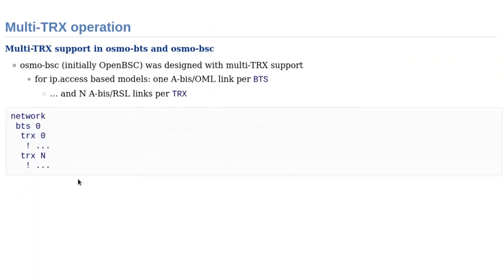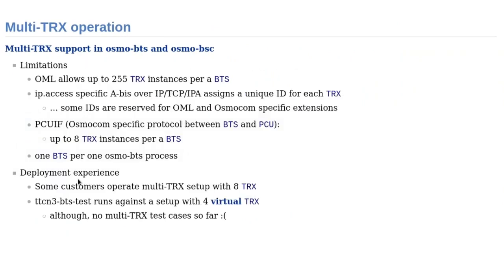And in the BSC, it's a lot easier, because Osmo BSC was designed with multi-TRX support initially, I think. For IP access BTS models, as I already mentioned, you have separate links, and you basically introduce additional TRX nodes to your configuration file, and you're done. So regarding the limitations,